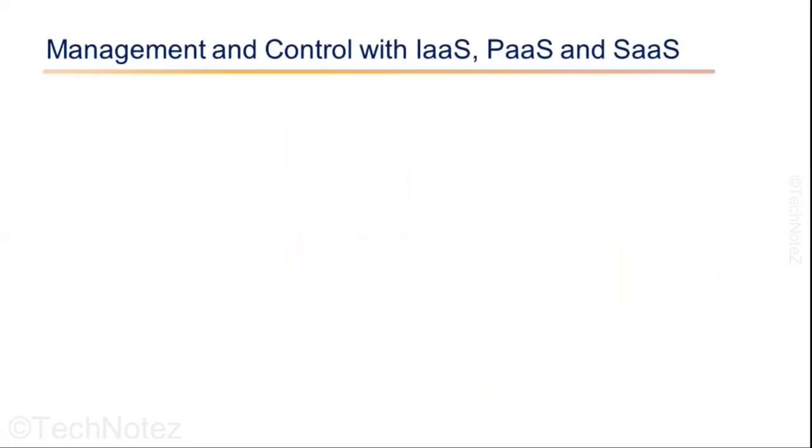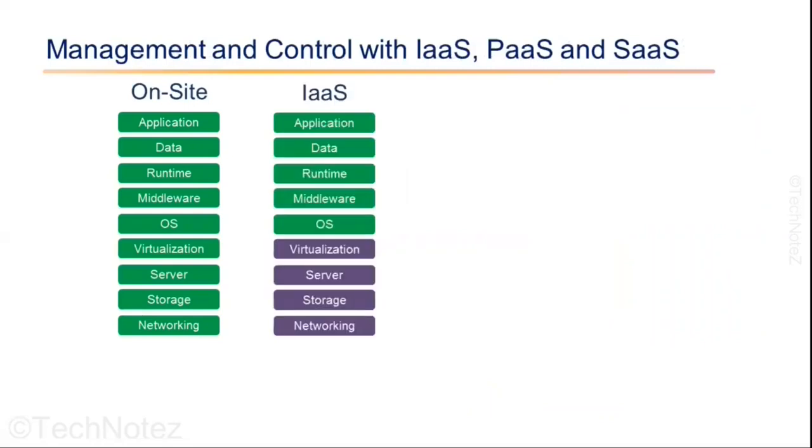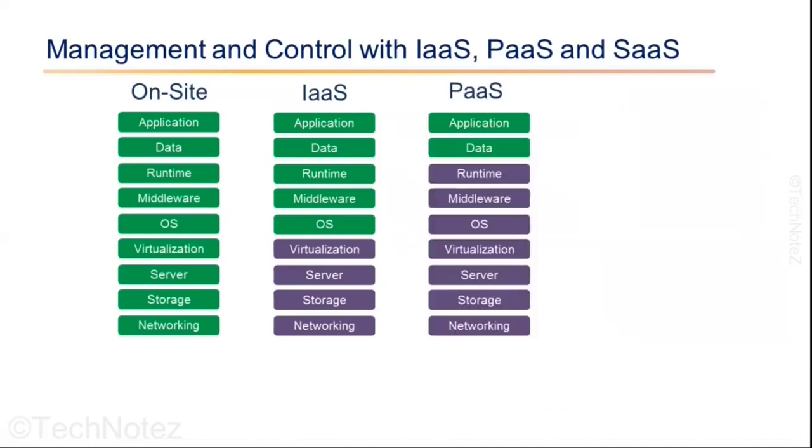So we talked about infrastructure as a service, platform as a service, and software as a service. You can use any of the cloud service models based on your business requirement. On-site is having all your resources in your full control and managing everything on your own, like your private data center. You can use infrastructure as a service if you need full control of the infrastructure. This model helps the organization to change the hardware and software easily if your business requirements change. The platform as a service model is useful for companies developing, running, and managing application interfaces but who don't want to manage the infrastructure.